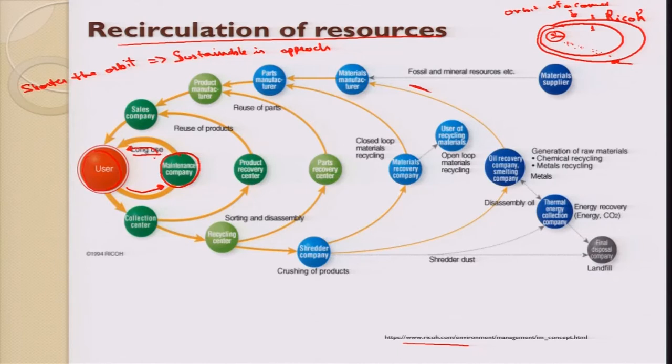What is preventive maintenance? Even before having any information regarding the failure of the product, you get your car serviced at each 5,000 kilometers or after each 6 months. So that is preventive maintenance. You want your automobile performance to be at par, and you keep getting it serviced again and again and keep using it. So they have put here long use. This is a long use and this is getting maintained again and again.